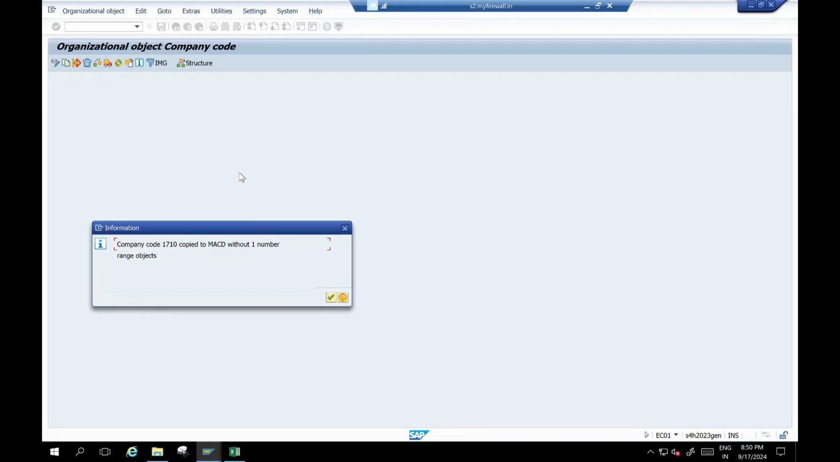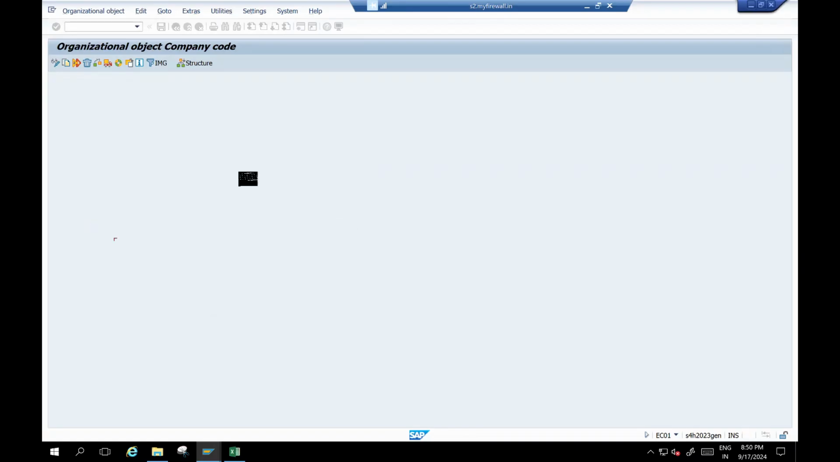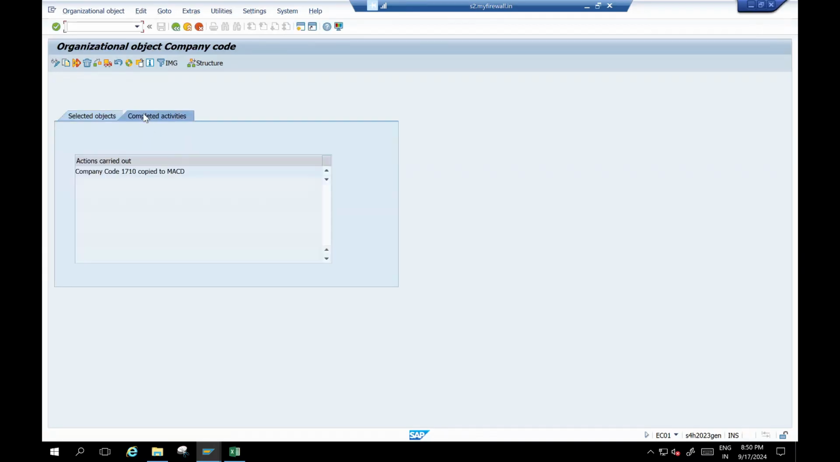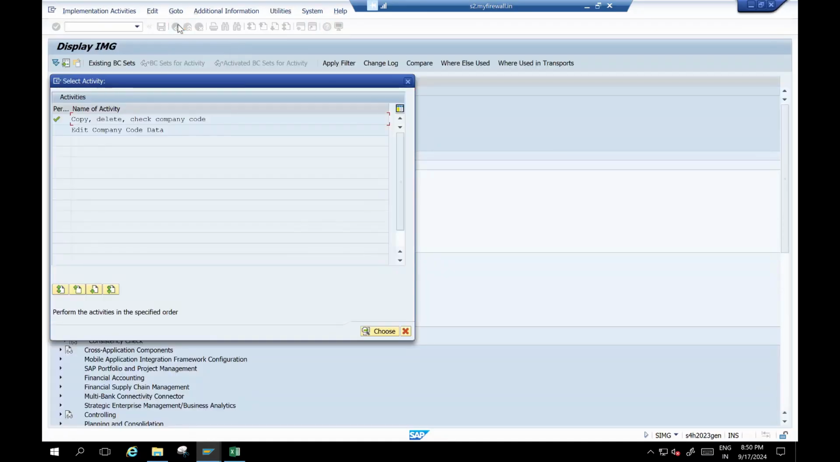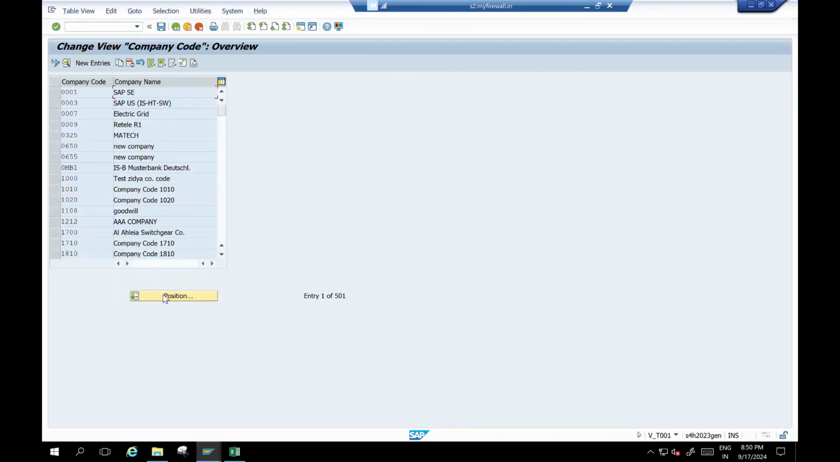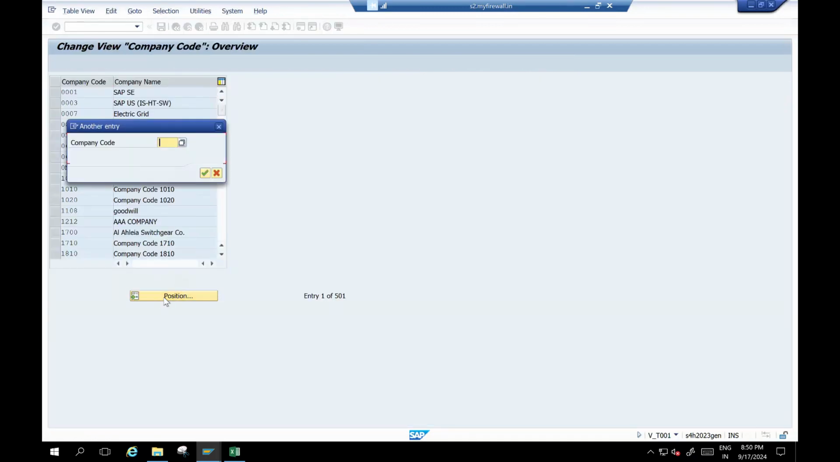Yeah, see now without one number range, it doesn't matter. Press enter. See now you can check 1710 copied to MACD. So as I told you, the 1710 company code is by default standard with USD and US country. So again go back to edit company code data position means search